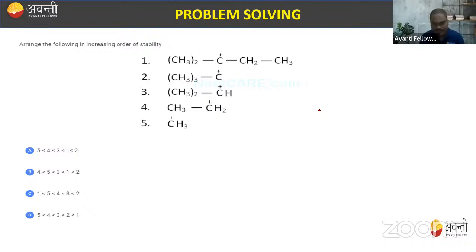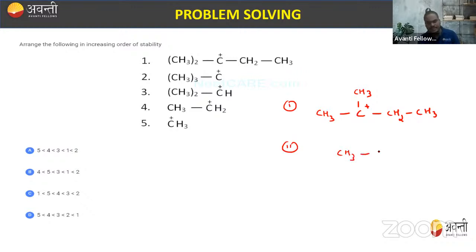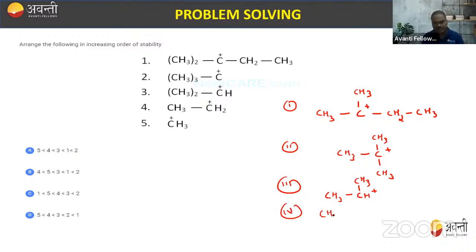तो अगर आप ध्यान से देखो, सो सेकेंड वन को देखो कैसे स्ट्रक्चर बनाओगे, सबका बनाते हैं, ठीक है। सो दिस इज CH3, C, CH3 पॉजिटिव चार्ज है, एंड दिस इज CH2 एंड CH3। डन। सो एक तो ये हो गया। नेक्स्ट सेकंड वाले का देखो, वी हैव अ CH3, C, CH3, अगेन वी हैव अ CH3। एक ये कार्बोकैटायन है। फिर थर्ड पे, CH3 है, C है, एक और CH3 है, और ये CH प्लस है। डन। फिर फोर्थ है मेरा सिंपल सा CH3 और CH2 प्लस, और फिफ्थ में तो कुछ है ही नहीं, CH3 प्लस, मिथाइल कार्बोकैटायन, ठीक है।